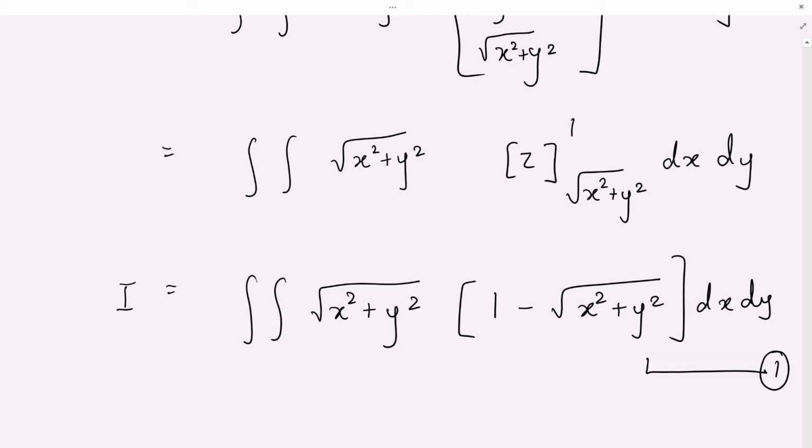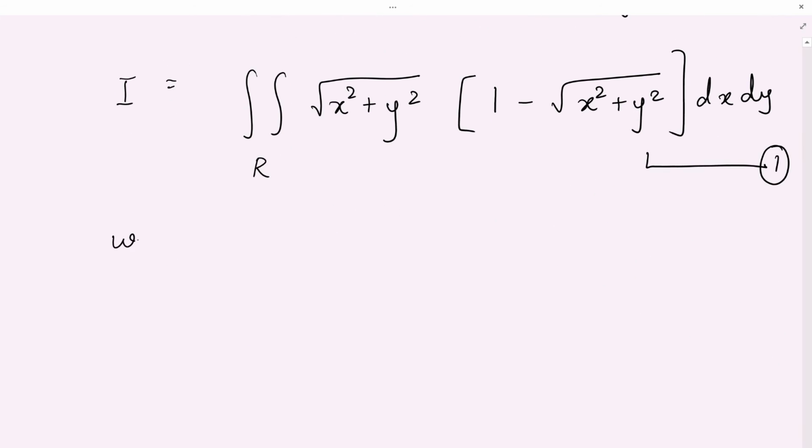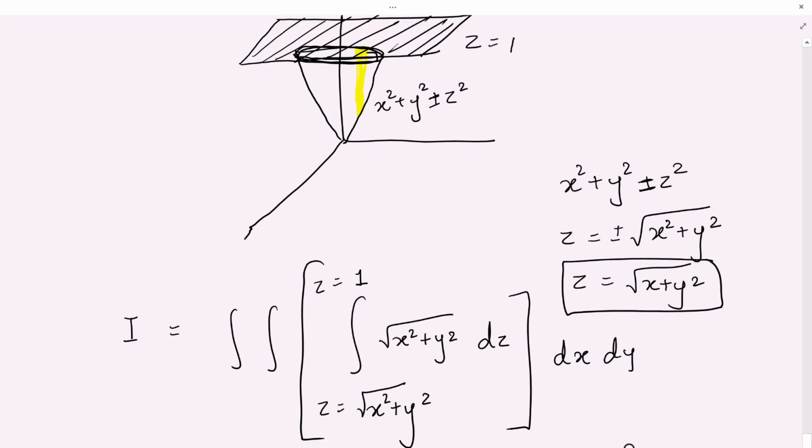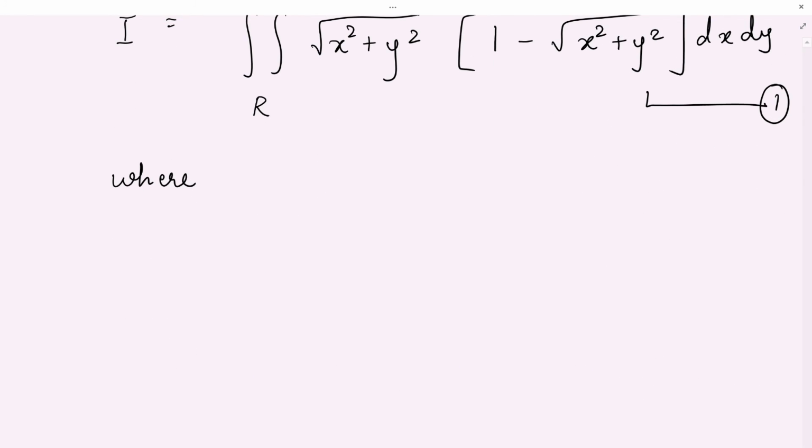Right? Now what is the region that remains over the R? Where R is what? Your cone, right? Look at your cone here. In the double area, this will become a circle. If I substitute the value of z is equal to 1 here, it becomes a circle. How to do? You have to find the intersection of the curves, substitute one curve into another, same logic. One you're getting x square plus y square is equal to z square, and the other you're getting plane as z is equal to 1.